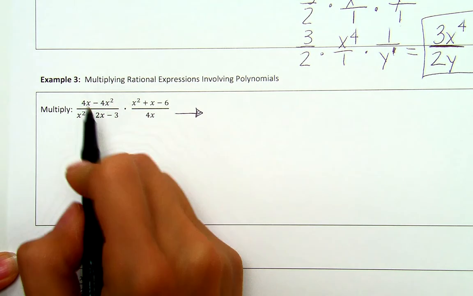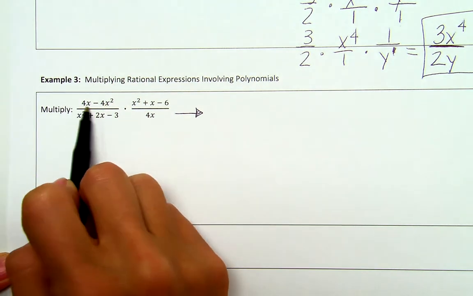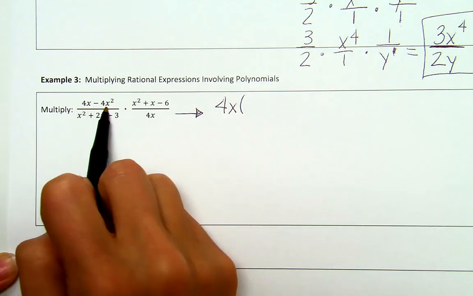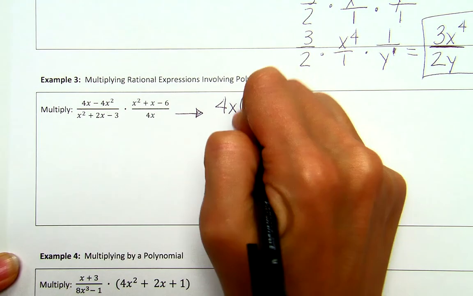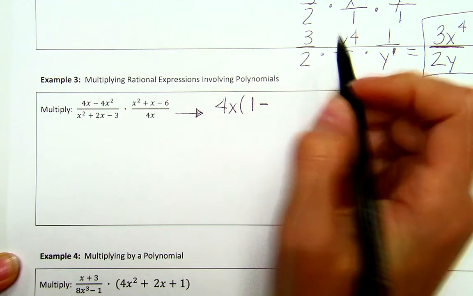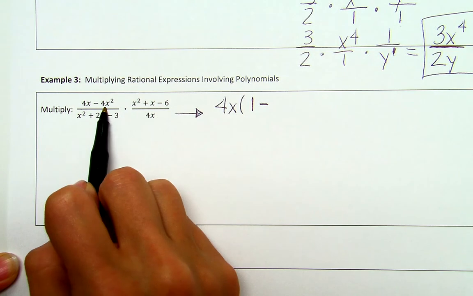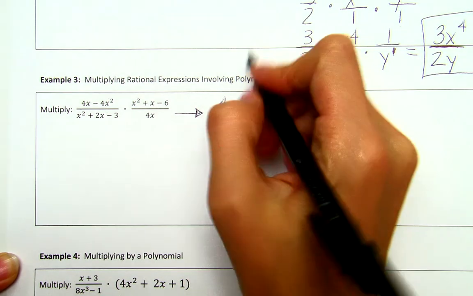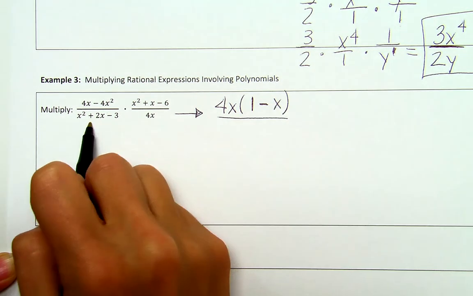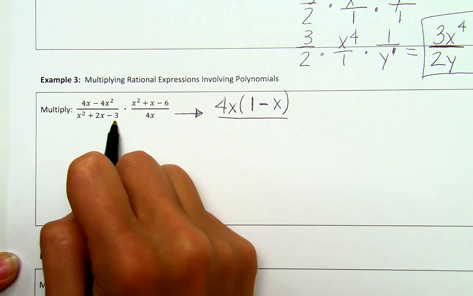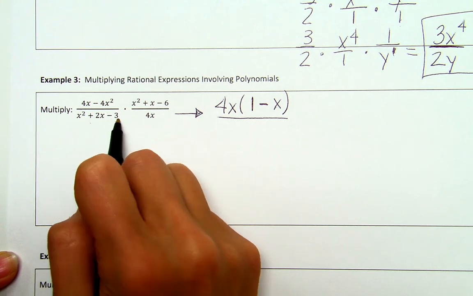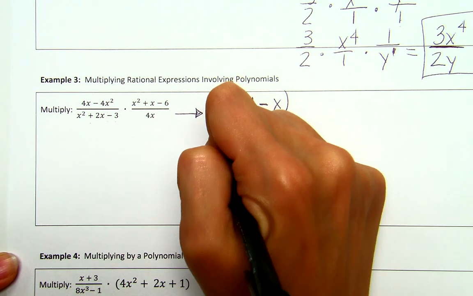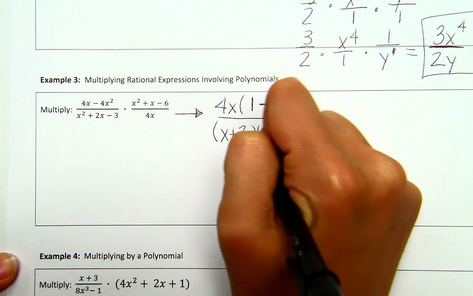So our first numerator has a 4 in both terms as well as an x. So I can pull a 4x out of my numerator. If I pull a 4x out of my first term, I have the 1 as my placeholder. Minus, if I pull the 4x out of my second term, I have 1 more x left over. All over. Now my denominator, if I factor my denominator out, I need two numbers that multiply to give me -3, and that add or subtract to give me a +2. If I factor this out, I get x plus 3, x minus 1,